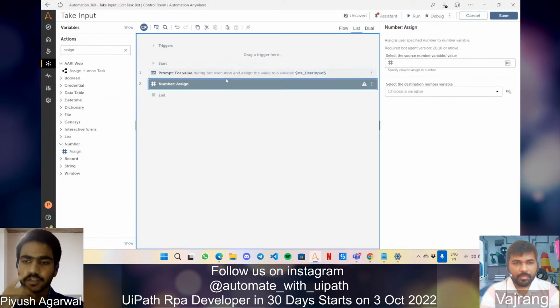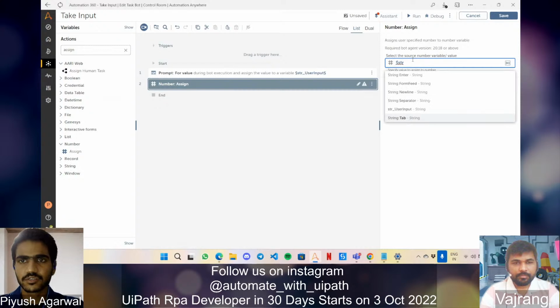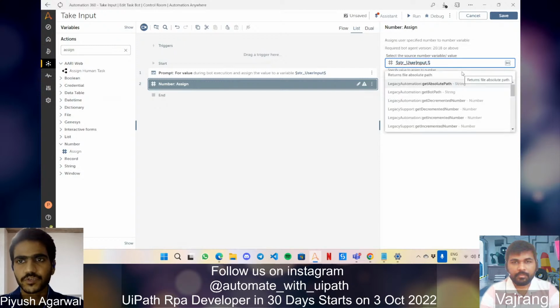Over here, again, I cannot directly mention my string variable, so I will have to use string underscore user input, then put a dot, and it will give you options. So for string, the package